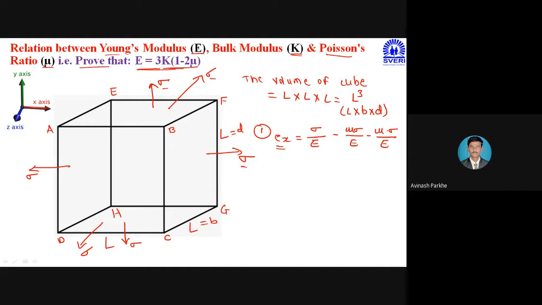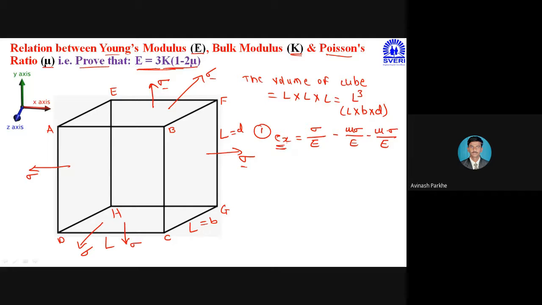But here in this derivation, the stress in X direction is only sigma, the stress in Y direction is again represented by sigma, and the stress in Z direction is again represented by sigma only. We have not used sigma x, sigma y, and sigma z, because here we are deriving, not solving a problem. Therefore, during the derivation, we consider that this cube is subjected to the stress sigma in all three perpendicular directions. While calculating epsilon x, let us assume that the force is applied in only X direction.